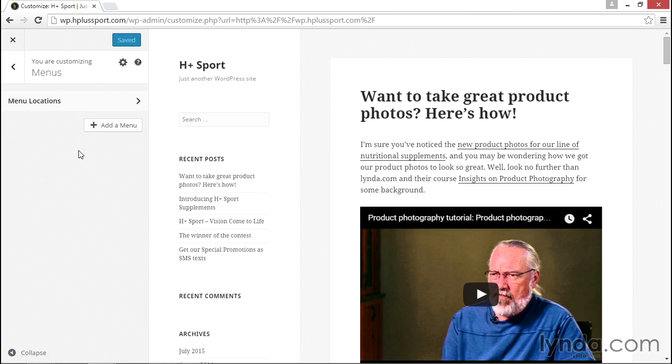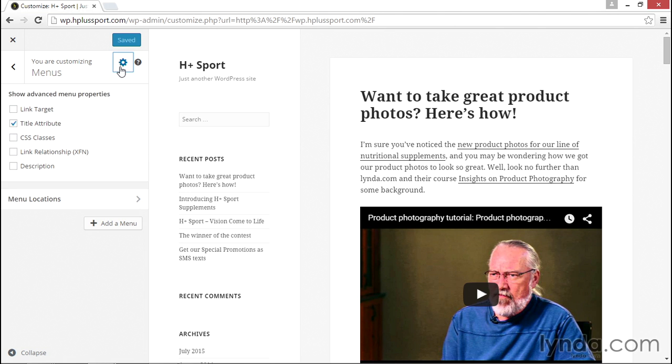Before we create our first custom menu, let me briefly bring your attention to this settings wheel. When you click it, you open the advanced menu properties that let you decide what you want to see in the menu customizer for each of your menu items. Here you can display the link target, meaning where the link opens, in the same window or a different window, the title attribute if you want to add title attributes to your site, CSS classes, link relationships, and also the